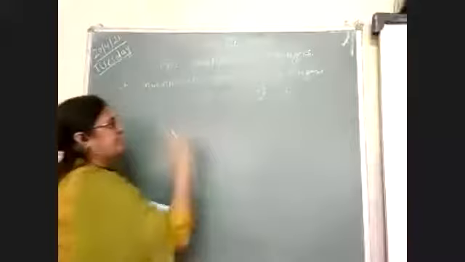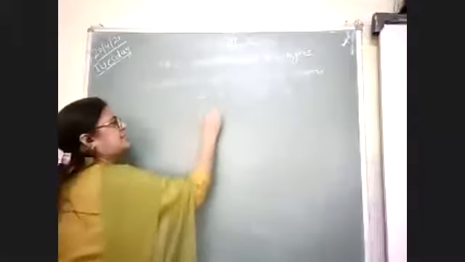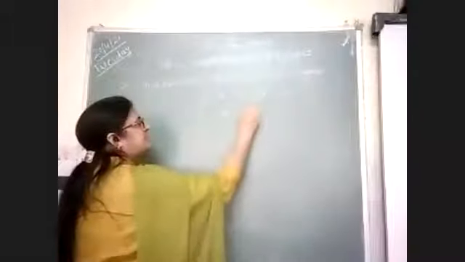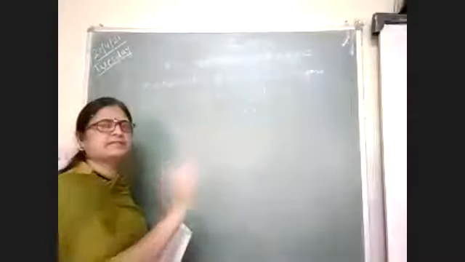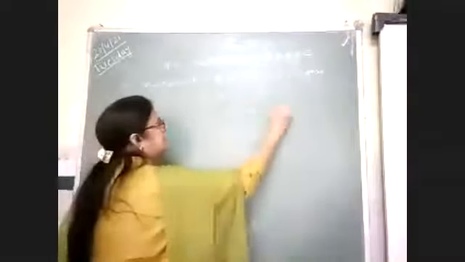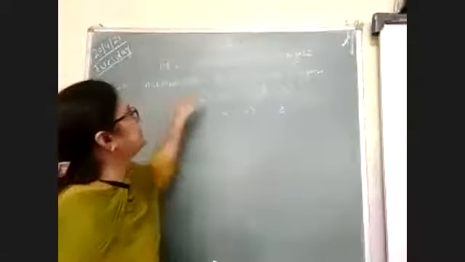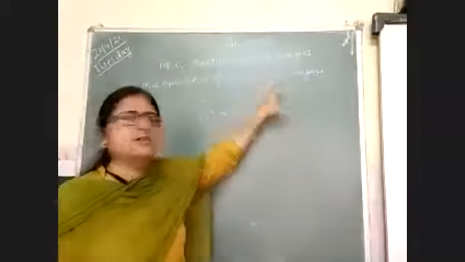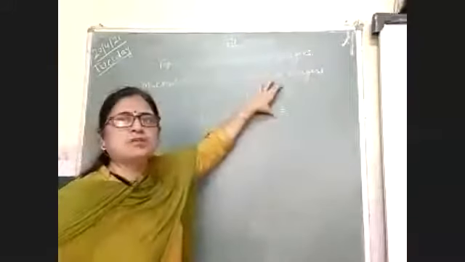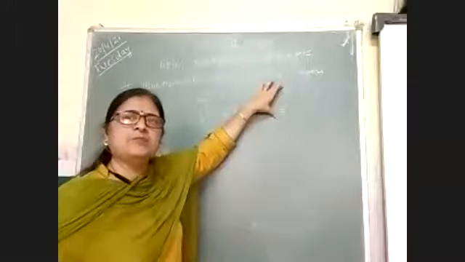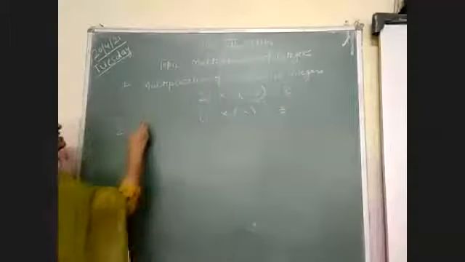Another one is 1 multiplied by 3. This is also positive integers, so it is equal to 3. So case 1 is when we multiply two positive integers, the result is also in positive form.